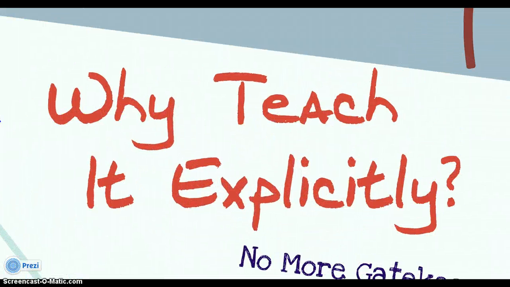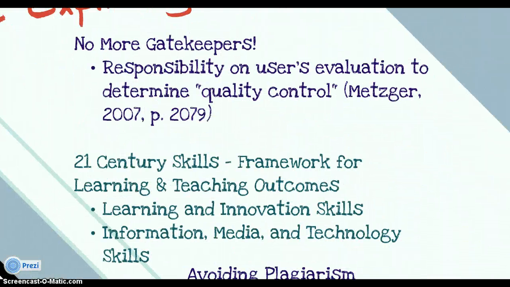So why teach it explicitly? Why are we responsible to? Well, first of all, there's no more gatekeepers out there. The responsibility is now on the user's evaluation to determine the quality control of the resources that they're using, and research has shown this. Also now, 21st century skills are required standards for us to be incorporating into our classrooms